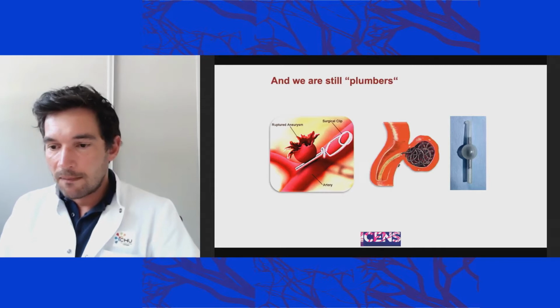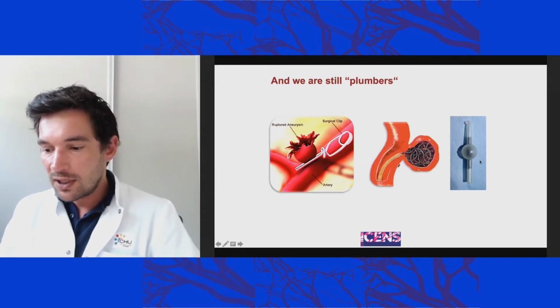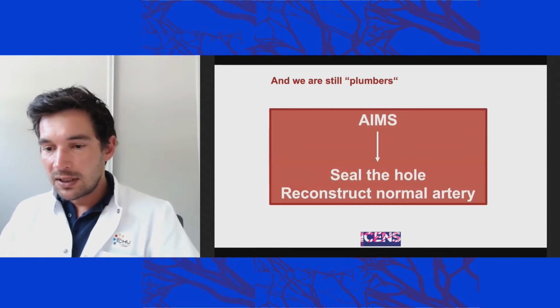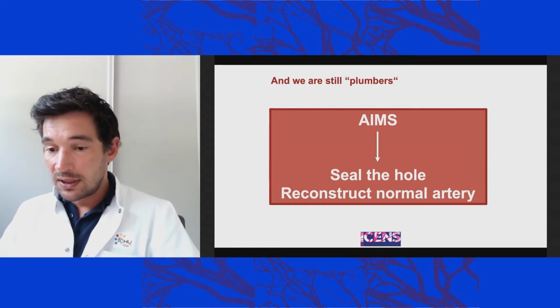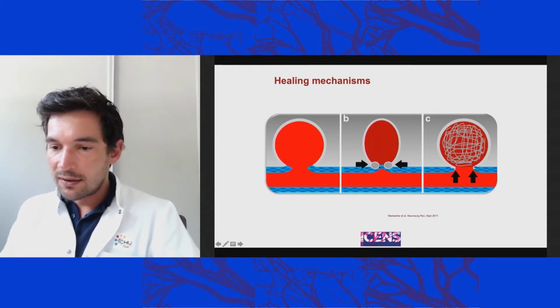But unfortunately, we are still plumbers, and whichever treatment we use, either clip, coils, or even flow diverters, our aim is to seal the hole and reconstruct normal arteries. This should be the aim, but when we do open surgery, the neurosurgeons do better than what we can do with endovascular, because with the clip, there is a realignment of the normal artery covering the neck of the aneurysms